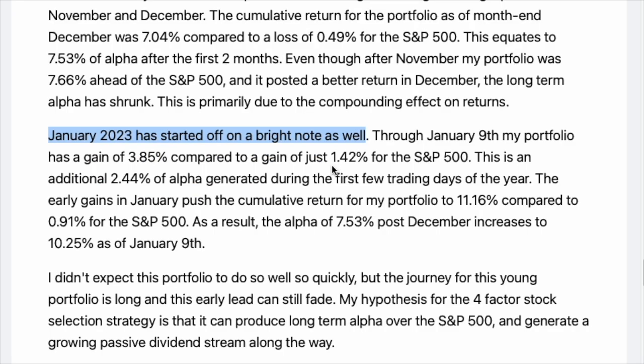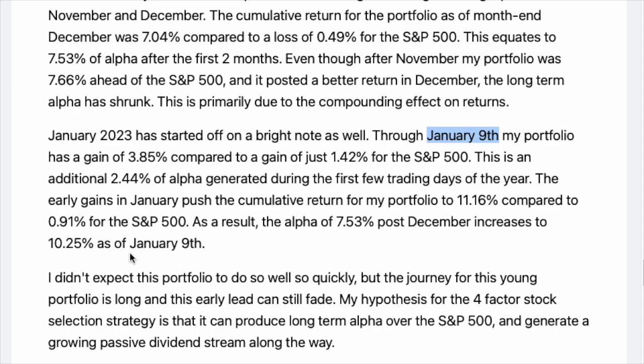January 2023 has started off on a bright note. Through January 9th, my portfolio has a gain of 3.85%, compared to a gain of just 1.42% for the S&P 500. That's an additional 2.44% of alpha. If we combine this partial January return with the returns from November and December, the long-term alpha increases from 7.53%